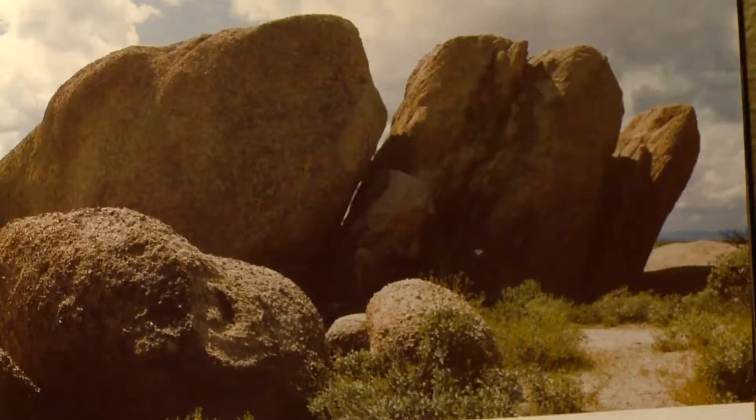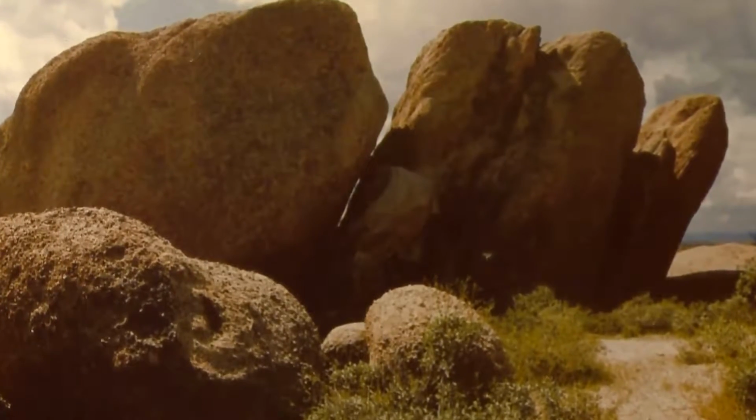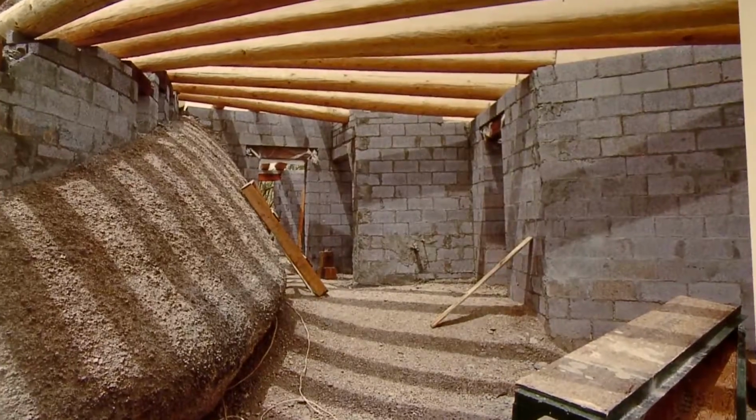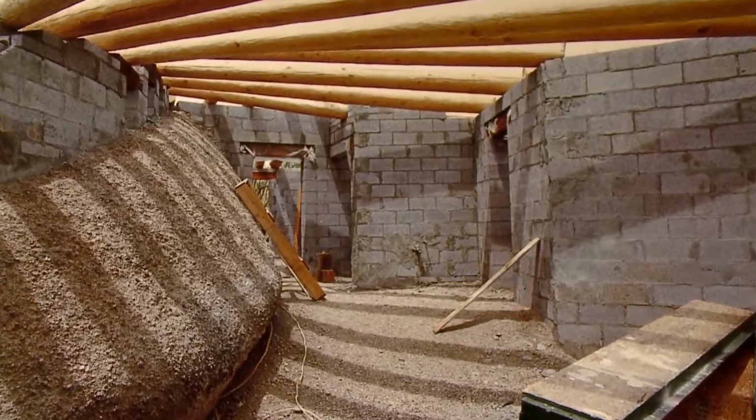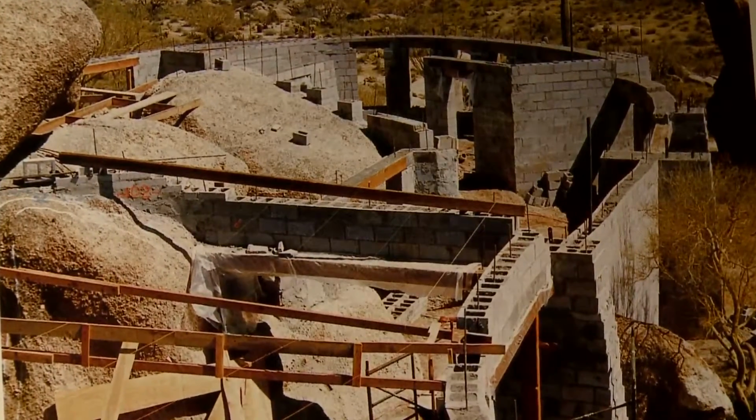Well, there was a couple up in the Pacific Northwest that saw an ad in the paper, and it said, "Who will buy my beautiful pile of rocks?" And they were intrigued by that, and they flew down, and just to the east of Scottsdale Road, they found all of these old pre-Cambrian granite boulders, and they were going to put a house in front of it. They thought this is going to be really neat, and they hired an architect from New Mexico named Charles Johnson,